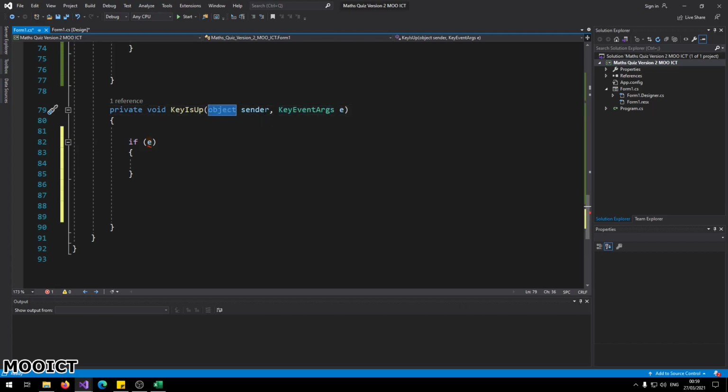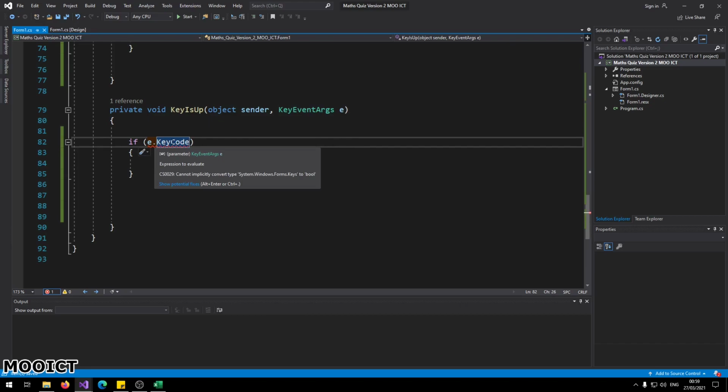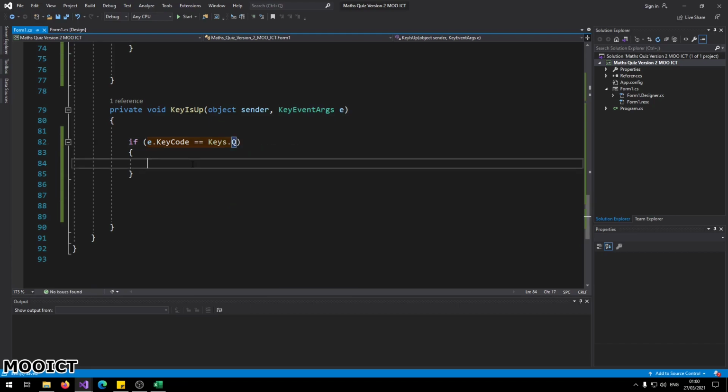So you've got your object, which is the sender, and then the key event argument there. That event has links to all the key codes and so on that we can use to check things, right? So we can say e.KeyCode, remember, it's Key with a capital K and Code with a capital C here. And then say equals Keys.Q. Okay, so now if the event is triggered by the Q key on the keyboard,